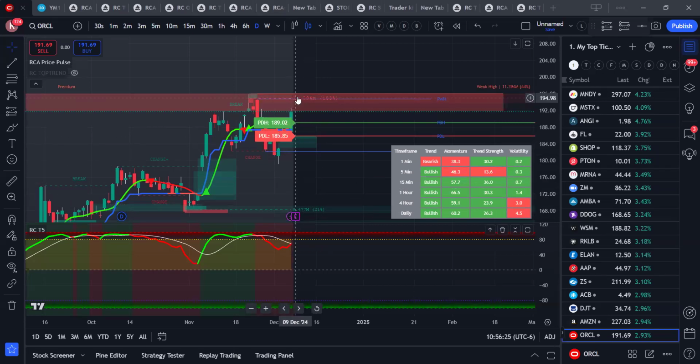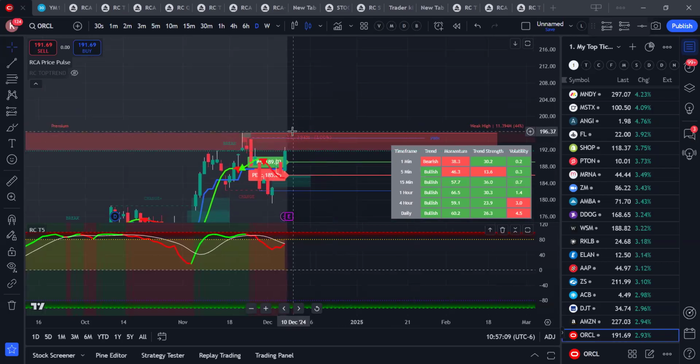So you can buy the puts here, or if you want low risk, you can also sell a call, right? If I sell a call and the stock stays choppy, you'll make money. If it stays somewhere here, you'll make money. If it goes down, you'll make 100% of the money. Even if it goes a little bit up, you'll make money, because before earnings your premiums will always be very, very expensive. So if I sell a 200 call for Oracle, I may collect around $10 premium. So my break even is 210,